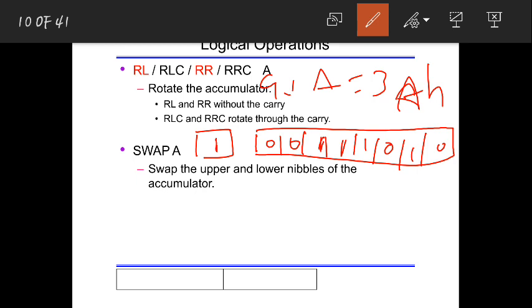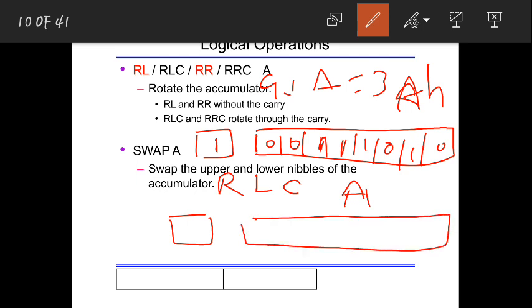So now my instruction is rotate left with carry, and it will apply on this accumulator register. Whenever you write rotate left with carry accumulator, you are trying to move towards left. So after execution, we'll see how the result looks.